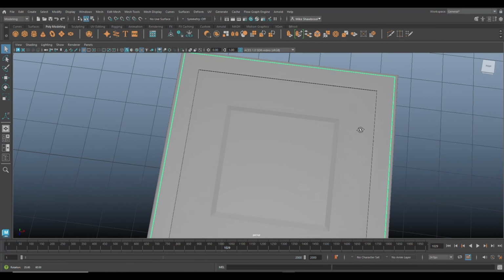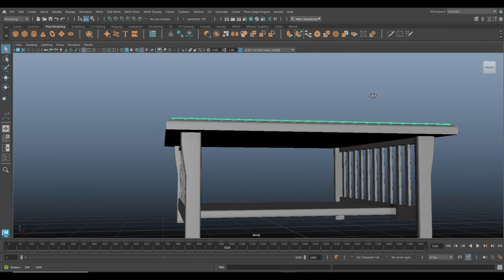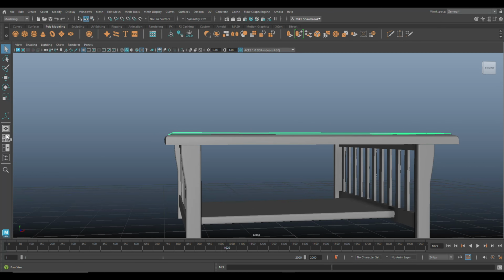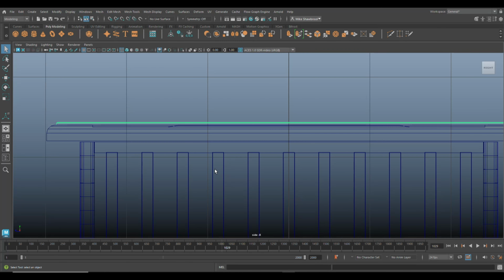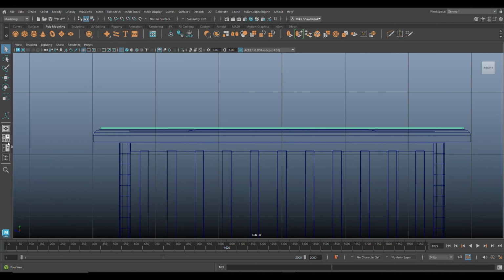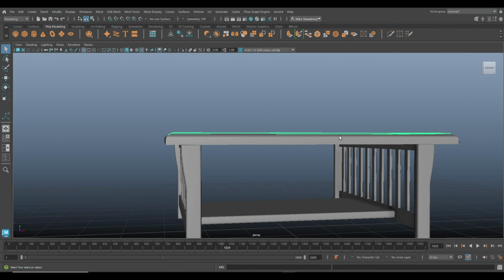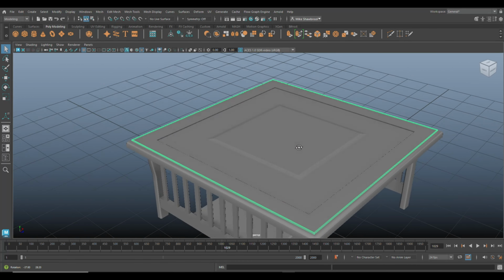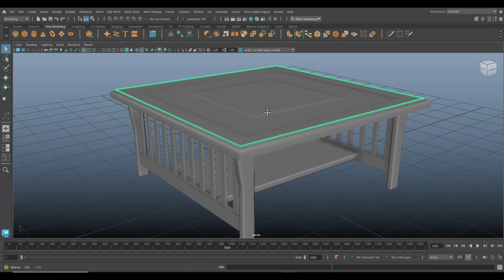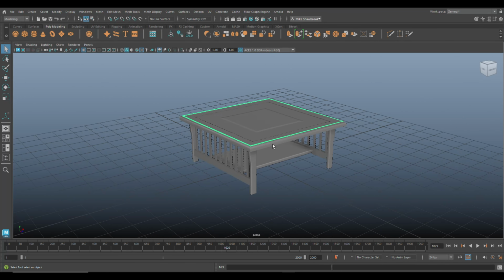And if you apply materials to this and render it out, it looks pretty cool. Just make sure there are no gaps between the glass. I don't think there are. No, they're not. So yeah, there you go. There's our salon table. And yeah, as part of the next video, we are going to make the couches that go with this